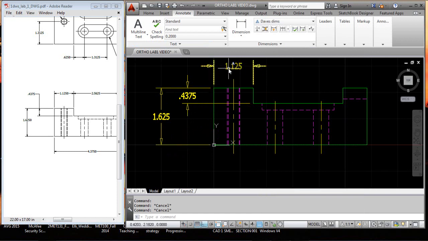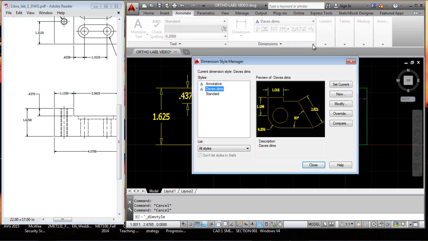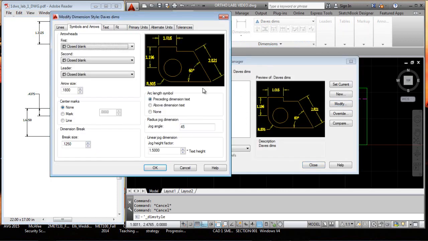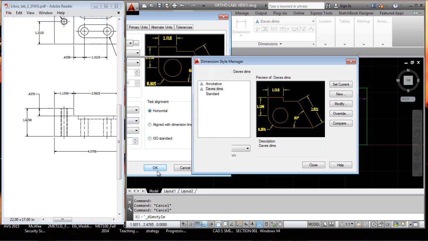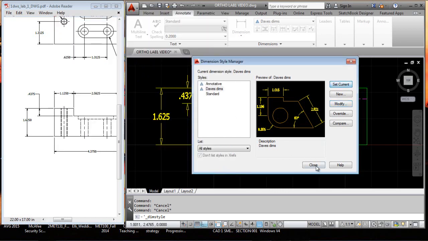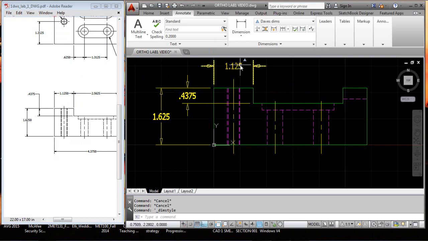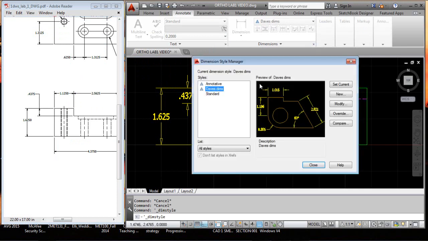Now this particular dimension doesn't look exactly like the one on the drawing because my text is a little bit bigger, so it's not going to fit inside. Or what I might be able to do is go to my dimension style, modify that, and let's see, would it be under text? Let's try that. I think if we make that 0.08, let's see what happens. Hit OK, set current, close, and it's still there,